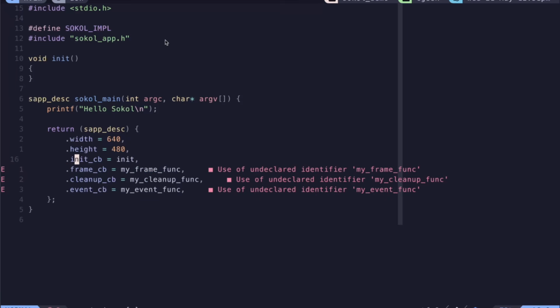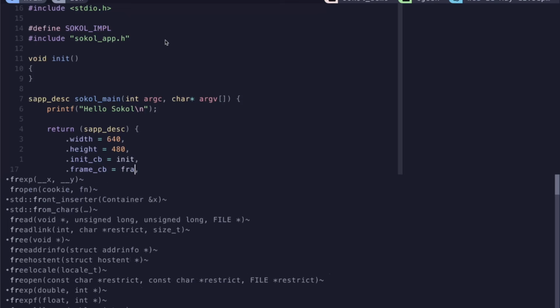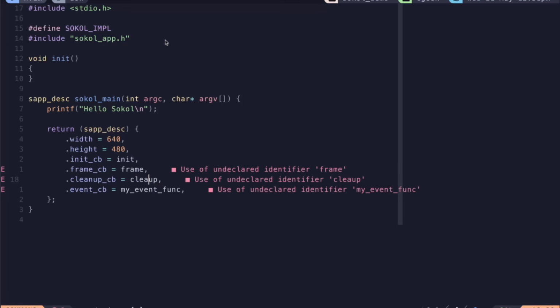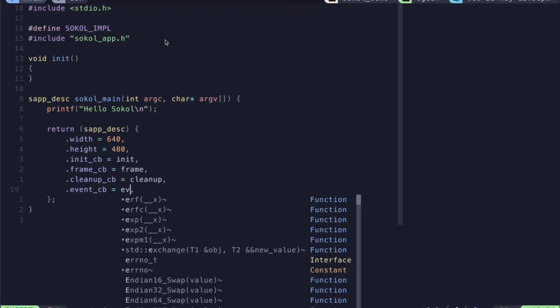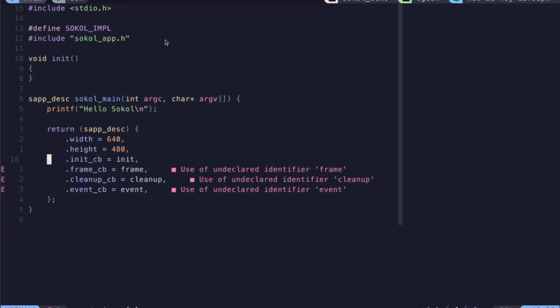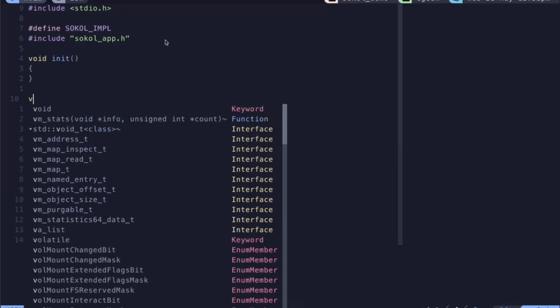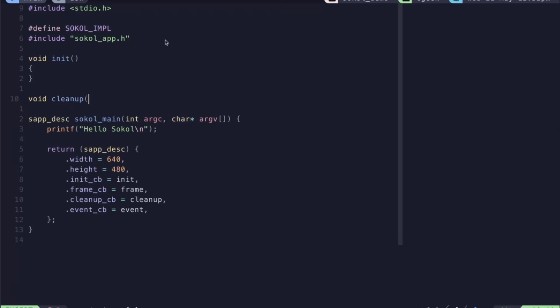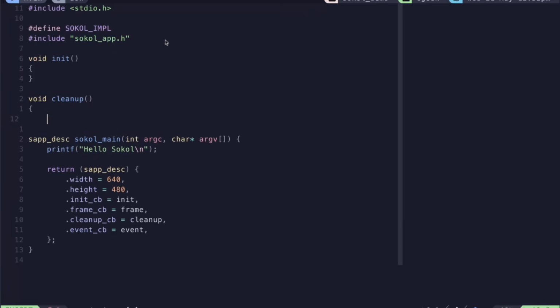Okay. And we need a frame function. So let's call this frame. We need a cleanup function. And we also need an event function. Event. Okay, so I'm just going to define all these functions up the top here. So the void cleanup. And we need a